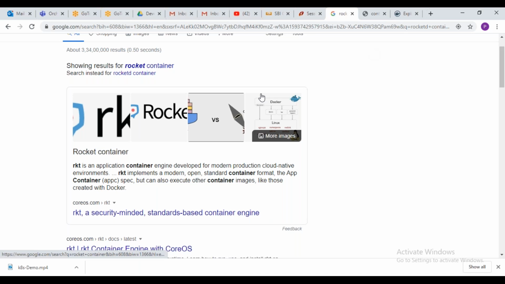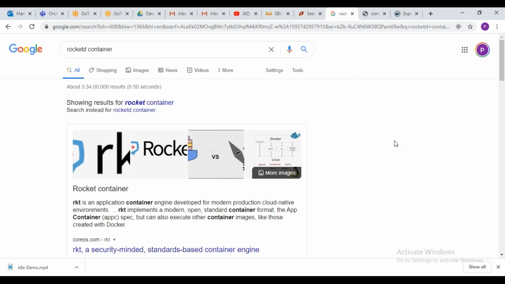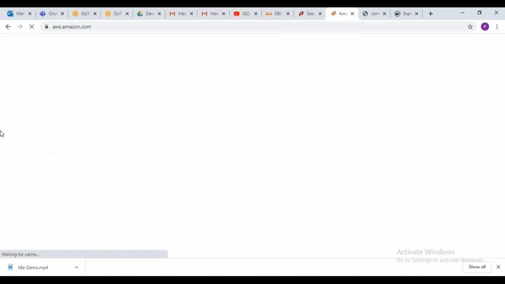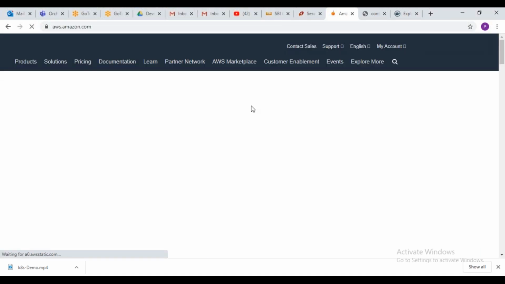If you have other methods, like if you are good in Vagrant, you can use Vagrant on your local laptop and create a virtual machine inside that. Or the simple way is to create an account in AWS and then create a virtual machine. It's very simple, just click next, and you can create a machine.